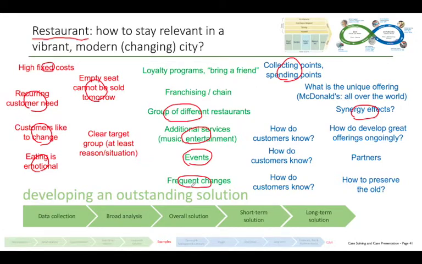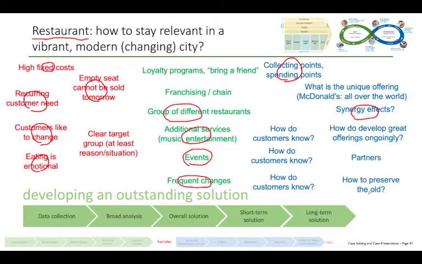Maybe we change the menu more often, but we change the layout of the restaurant, the interior design of the restaurant, every 10 years. Again, how do customers know about it? If the customer hasn't come back for 3 years, how does he know that now we have a new interior design? And maybe more importantly, also more difficult,